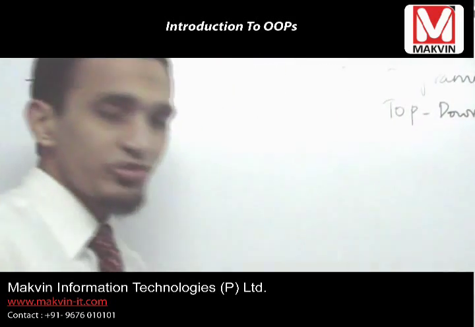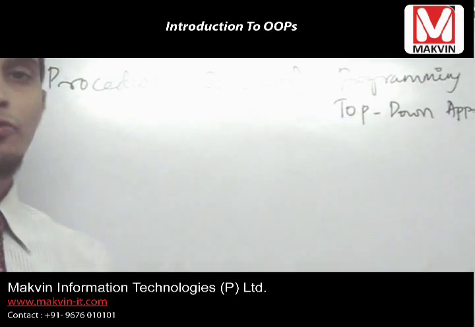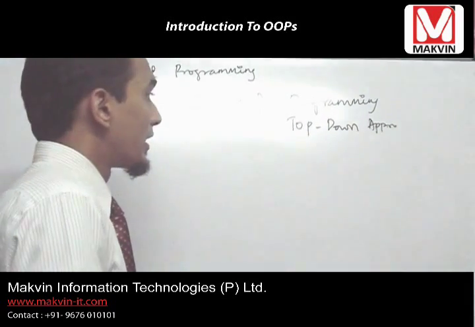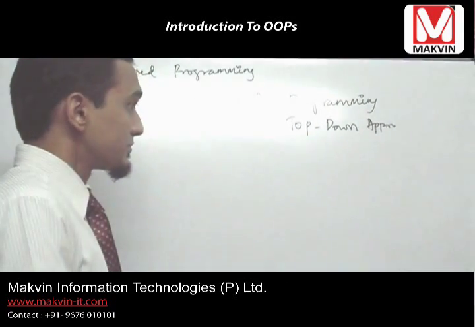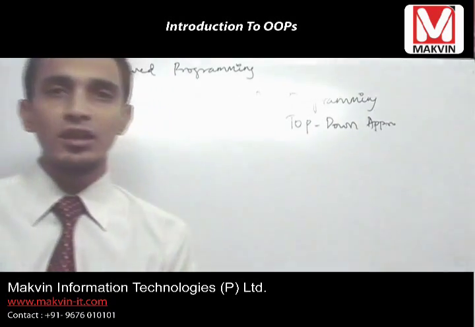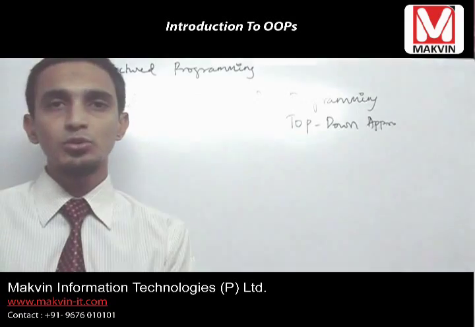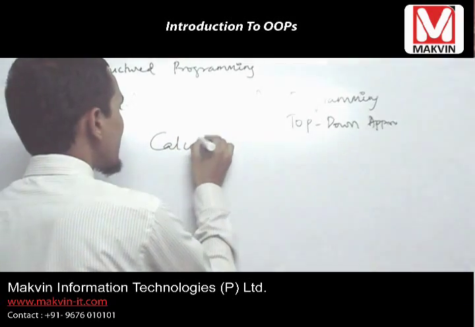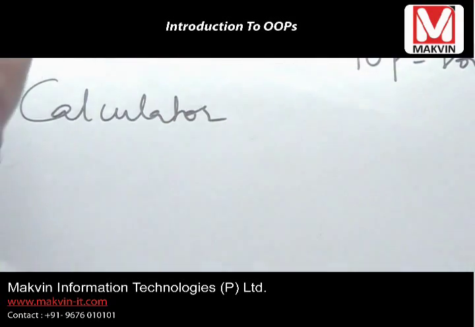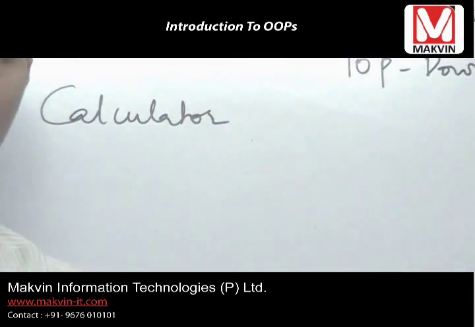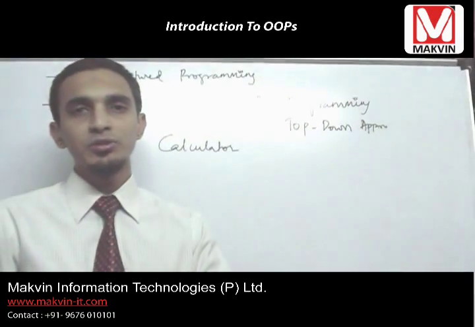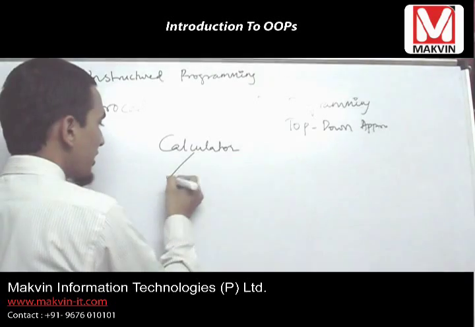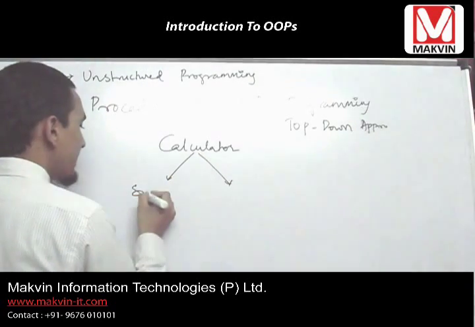The top-down approach is a kind of approach to solve the given problem. What do you mean by top-down approach? Top-down approach means looking at the problem from the top angle. For example, you have been given a task to design a calculator. I look at the problem from the top angle and I start dividing my given task into subtasks. Like I divide my given calculator into two subtasks: scientific calculator